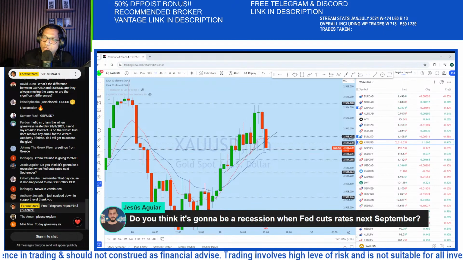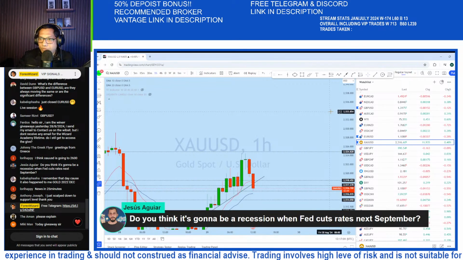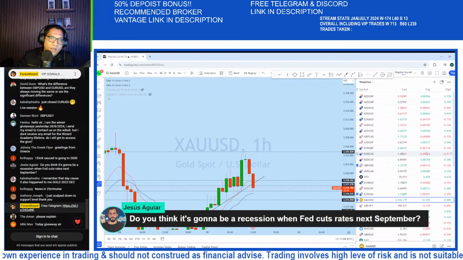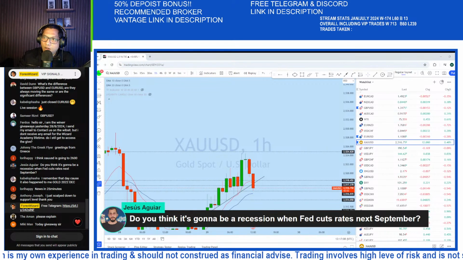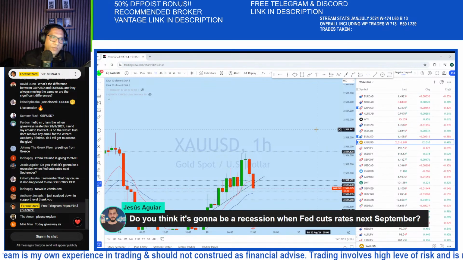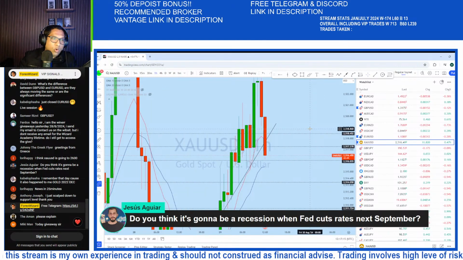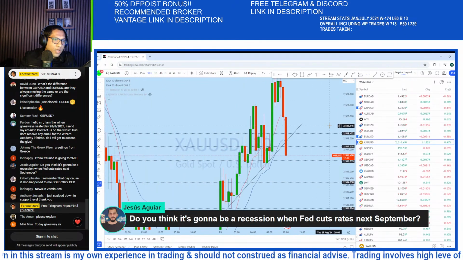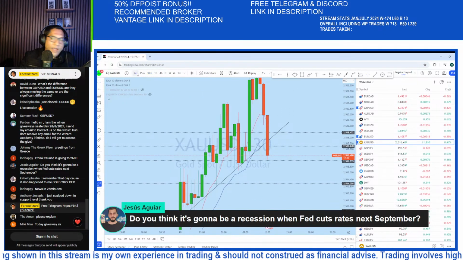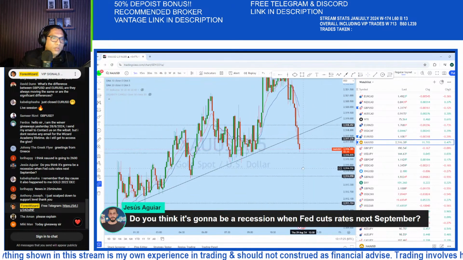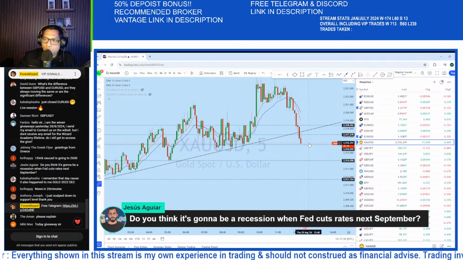There's another way to see that, is when you see that gold and DXY move almost in the same direction, you will see some kind of relationship that there is something happening in the economy. So while we are discussing that, we can see that gold started to drop to that support. You can see that it almost dropped back to the support, and with that drop, we see the break of structure on gold.